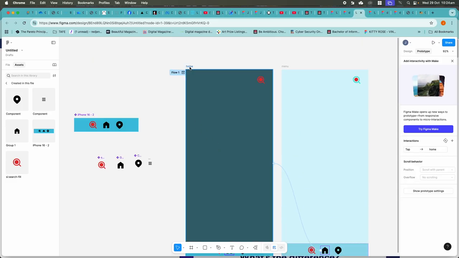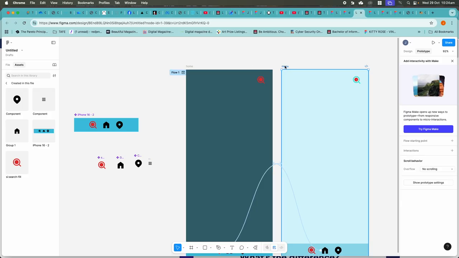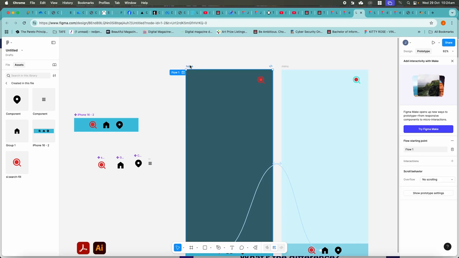And then to test it, and you'll need to test every time you do something, you go to play. But you do need to go to your first screen. If you accidentally are on this screen, that's what it'll play. So if you want to test the whole flow, you see it's flow 1. Let's just make sure we've selected it by clicking on the name, and make sure you are naming these. If you do not name your screens, then this navigation stuff just can't work at all. So then you hit the little play button,